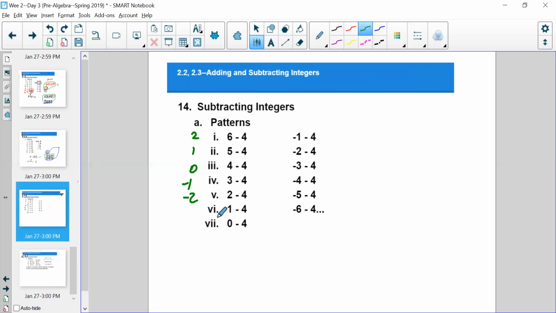This would be negative 2. You have $1, you spend 4, you're at negative 3. You have nothing, you spend 4, you're negative 4. And then this just continues to be negative 5, negative 6. So you notice that you're just going more and more into the negative. But all of these,